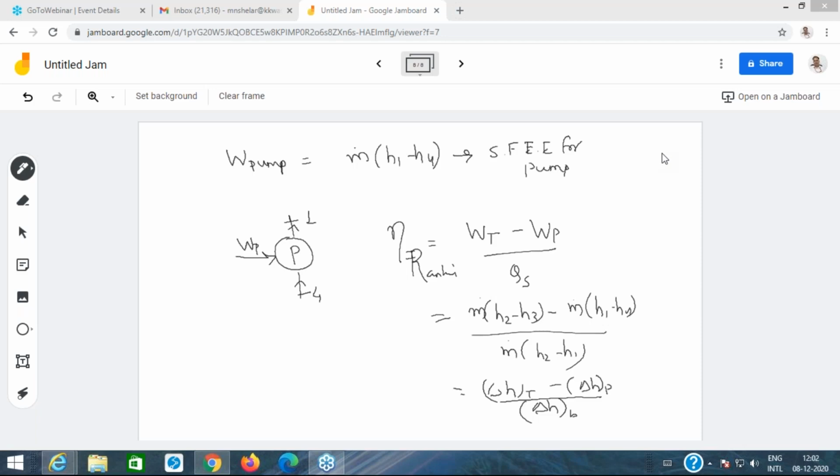It is a heat to work conversion efficiency. Can it be 100%? Yes or no? Jay and Tejas are right. It cannot be 100% because the second law says that we cannot have an efficiency of 100% for any heat engine. Even for a Carnot engine, it cannot be 100%. Please note this.